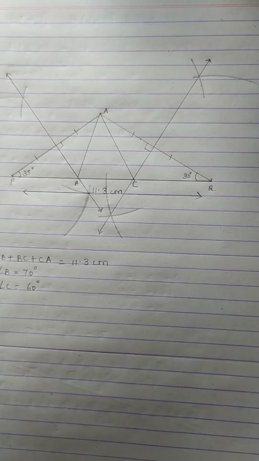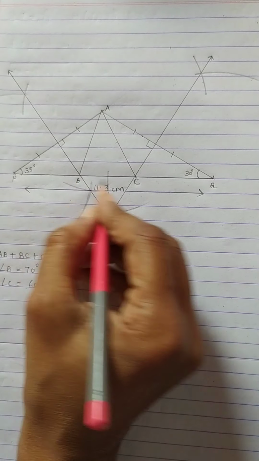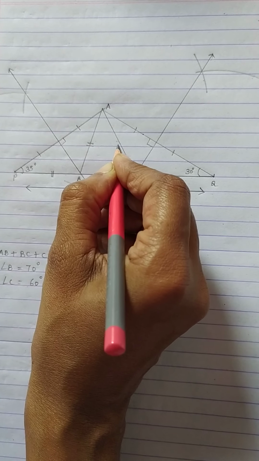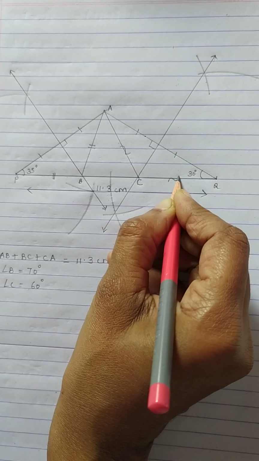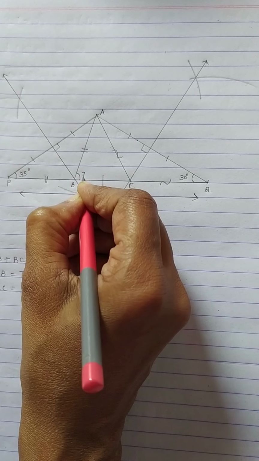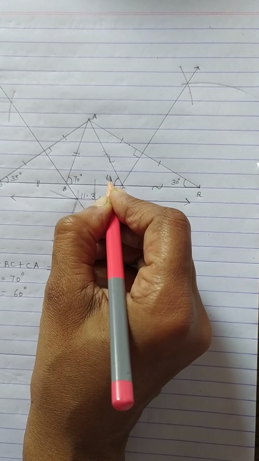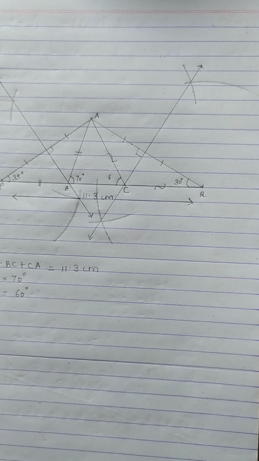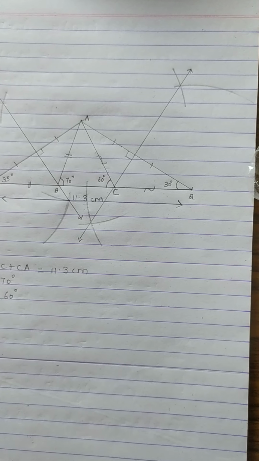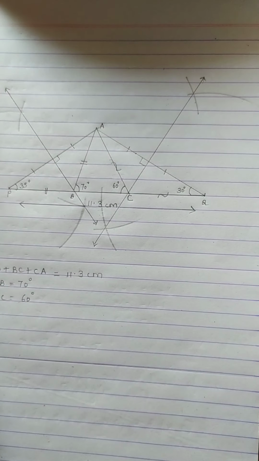Now, when you look at your original figure, you have marked these two sides which are congruent and you have these two sides which are congruent, and I'll tell you why it is so. Okay, now this angle B, if you measure, you will get it as 70 degrees, and this angle when you measure, you get it as 60 degrees. Okay, now what is the explanation for this? Now how will you write your explanation.